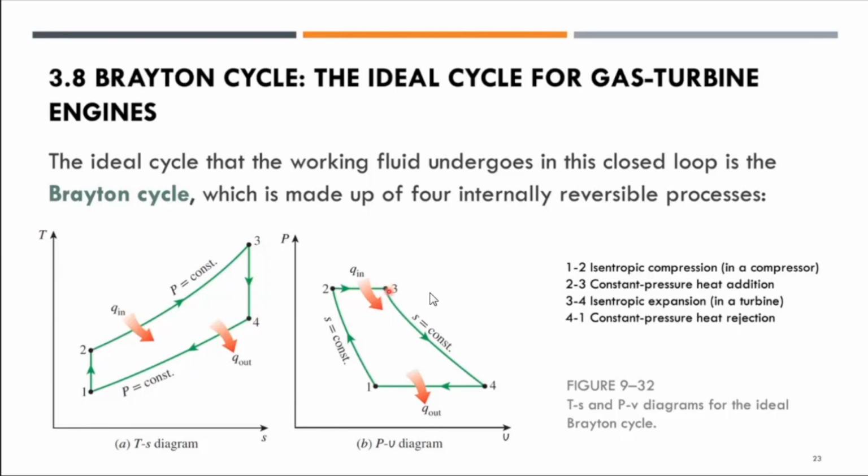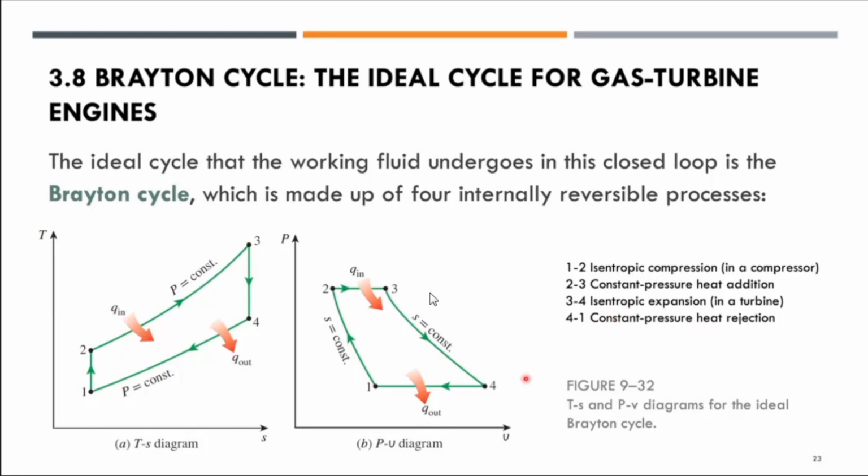This is happening in isentropic expansion, okay? The pressure also being dropped from high pressure at the combustion chamber 3 to the turbine at 4, and then